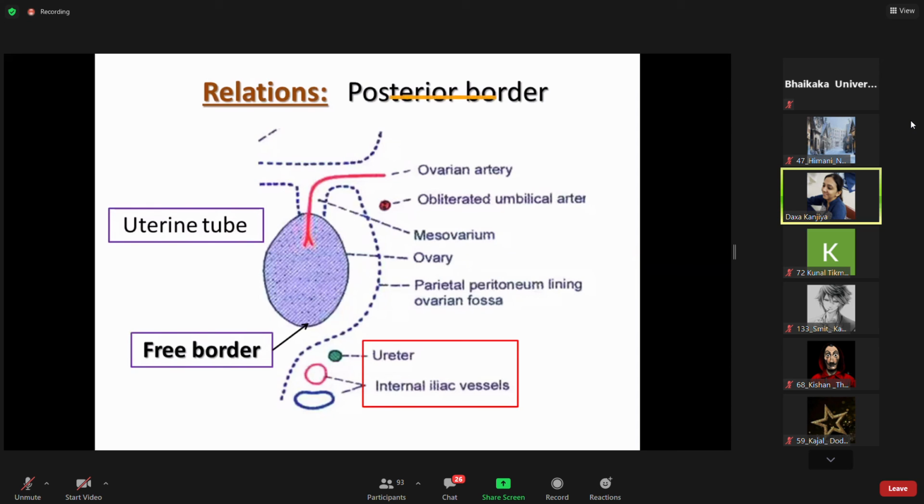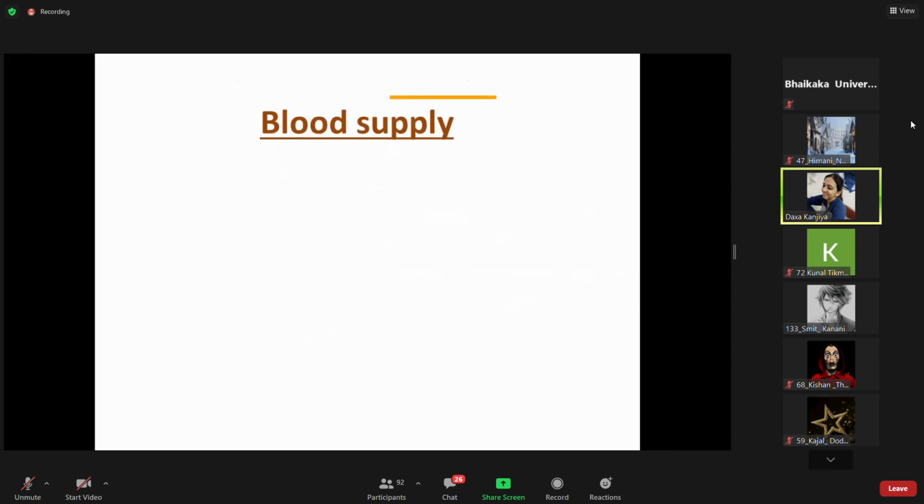So which parts of the ovary are covered by the uterine tube? Overall, the uterine tube, or the infundibulum or the fimbriae, cover the upper pole, that is the uterine pole of the ovary. It covers the posterior border, as well as the upper part of the medial surface. So all these three parts are covered by the uterine tube. So that's all about the morphological features of the ovary and its important structural relations.